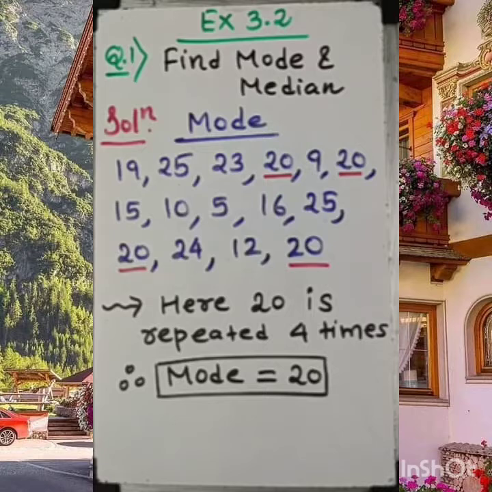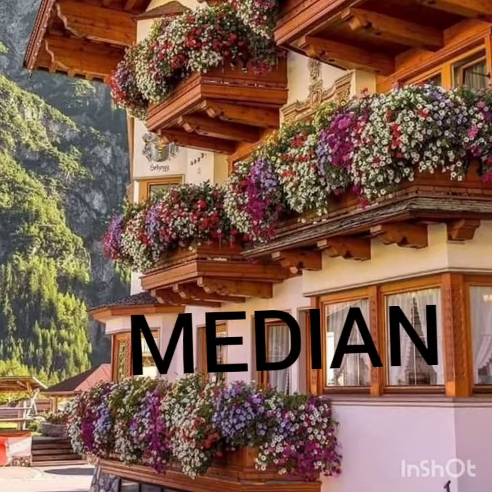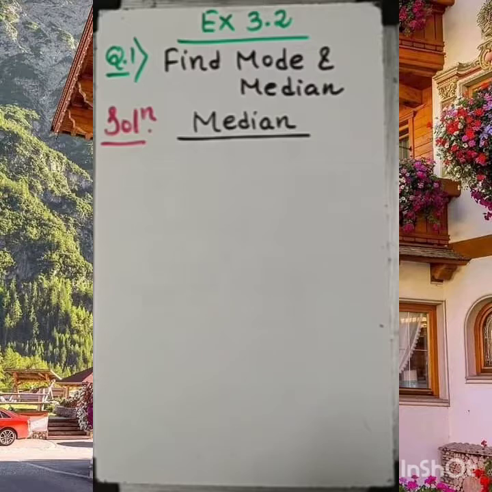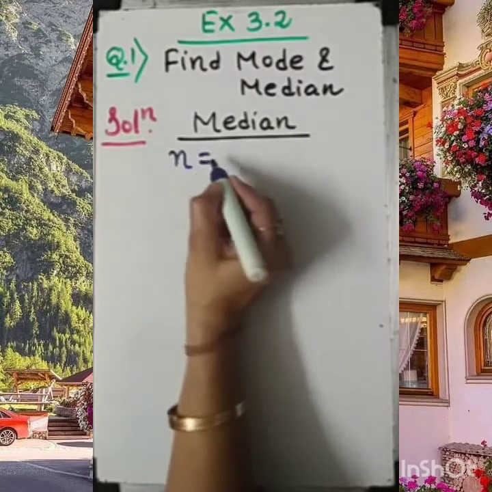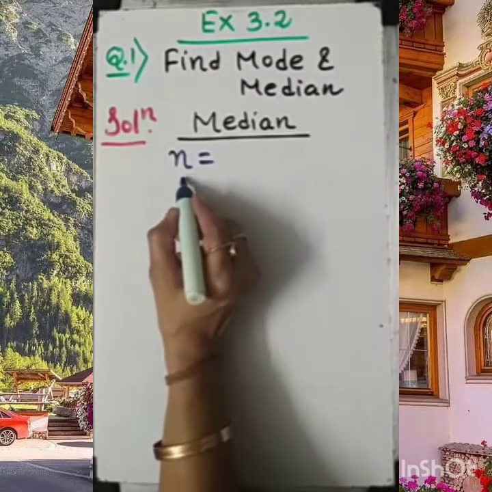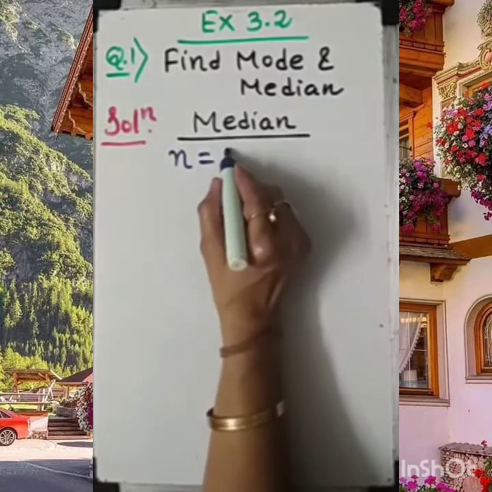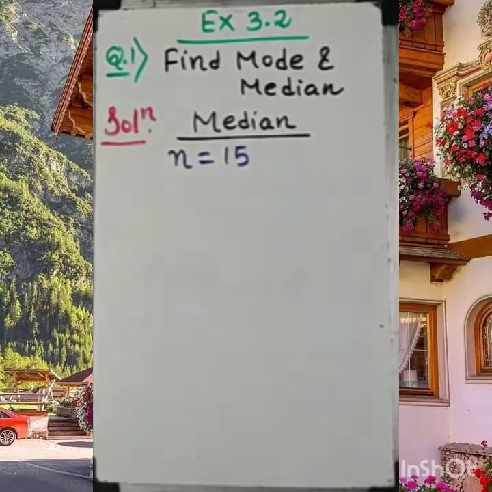Now let's work out the median. How to find the median? So, my dear student, as here the mode we have already found, one more thing we have to find is the median. So, how to work out the median? Very simple, very easy. Look at your screen. Here, first of all, we need to note down n. Now, what is this small n? Small n is the number of observations, that is 15 we are given. We already calculated, that was 15 observations we are given.